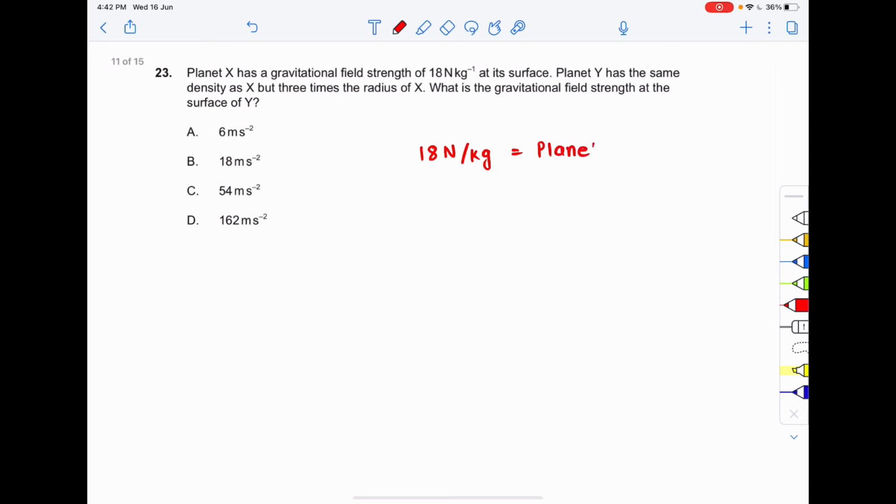So that means 18 Newton per kg is the gravitational field strength of the planet X. So the gravitational field strength at the surface of the planet is given by G into capital M divided by R square. Okay, so that means over here M is the mass of the planet, right? So for the planet X, I can write G into m1. Suppose the mass of the planet X be m1, okay, and the radius of the planet X be r. Okay, so that means G m1 by r square. So this will be equal to 18.